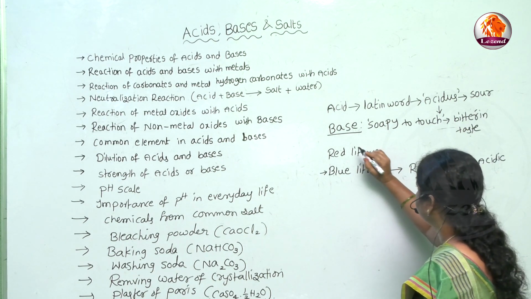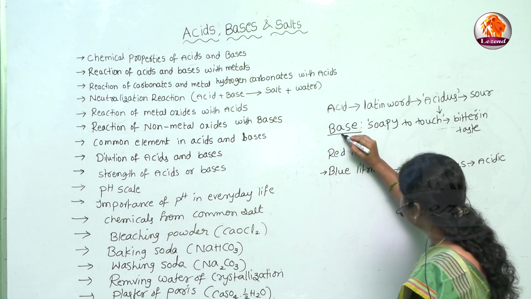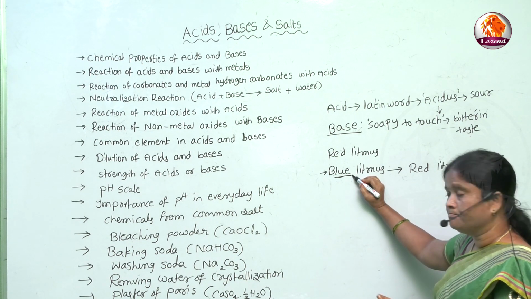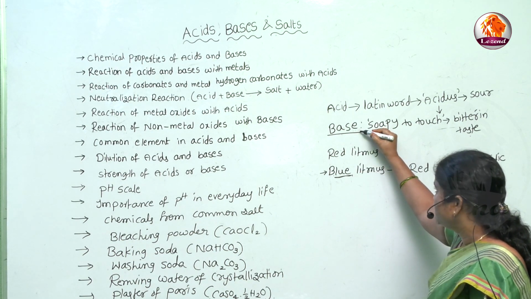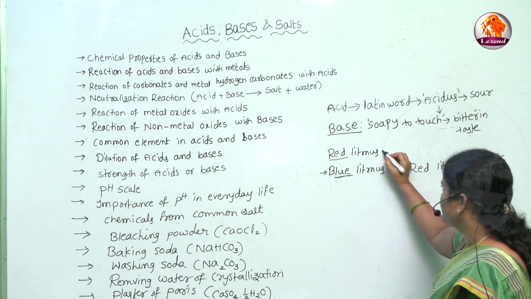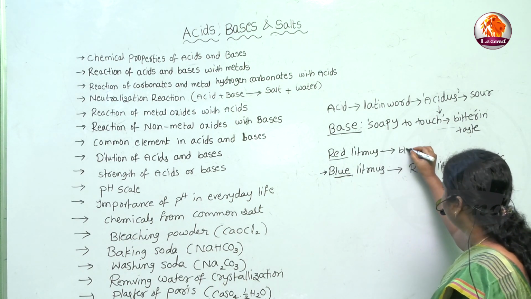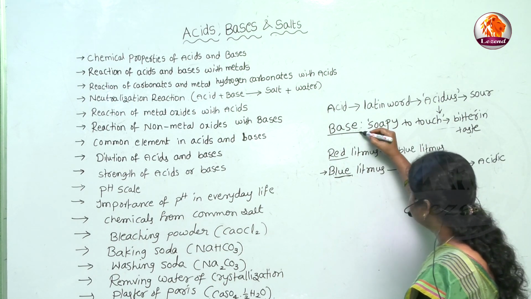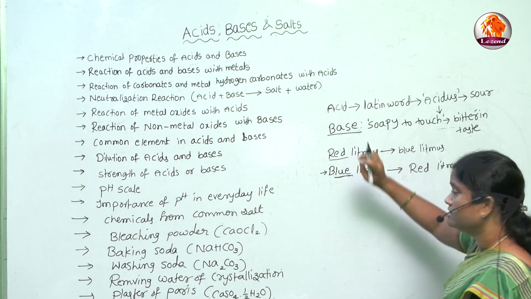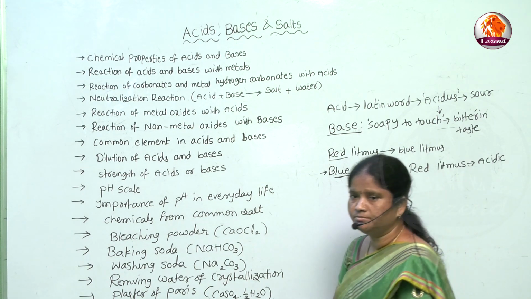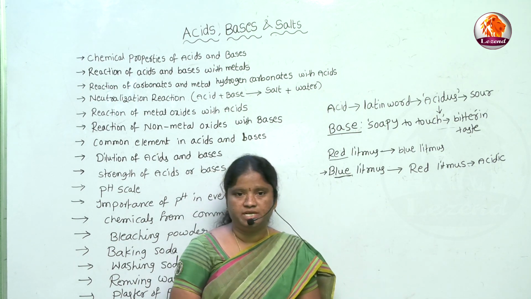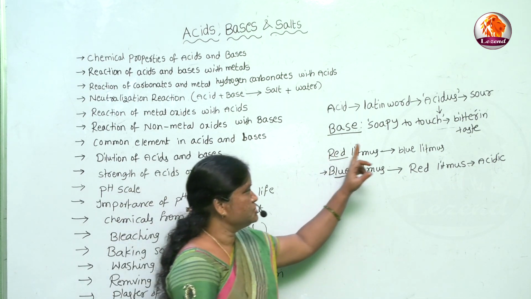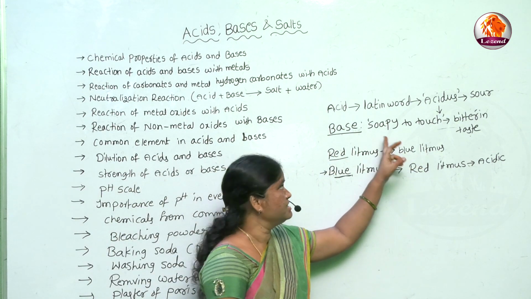With litmus paper, if we dip blue litmus into a basic solution, it remains blue. It does not change the blue litmus paper into red. If the substance is basic in nature and we dip red litmus paper, it turns blue. From this indication we come to know the substance is basic. So bases are soapy to touch, slippery to touch and bitter in taste, and they turn red litmus into blue. So they are defined as bases.